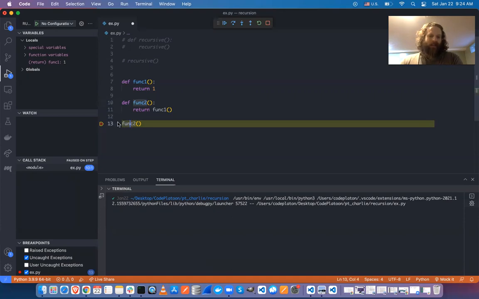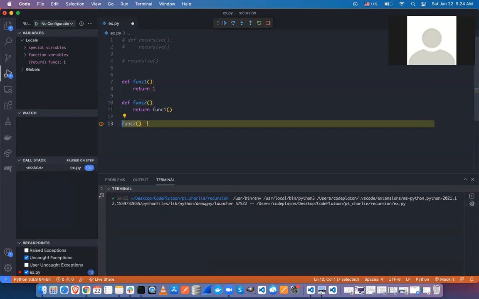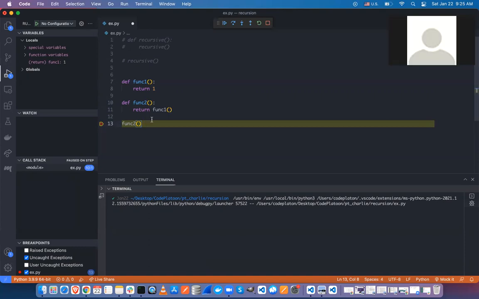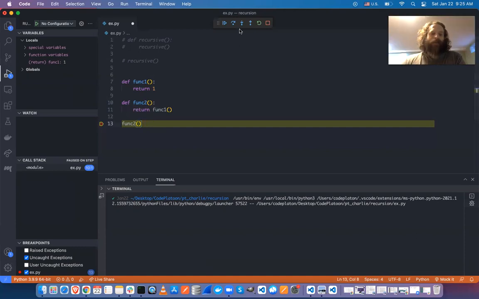So if I were going to print out function 2, what would I get? 1. Yeah. So I'd get 1. And how many call stacks are going to get created? I think just 2. Yes, yeah, 2. So the thing is, though, there's kind of a hitch here where it's not just going to